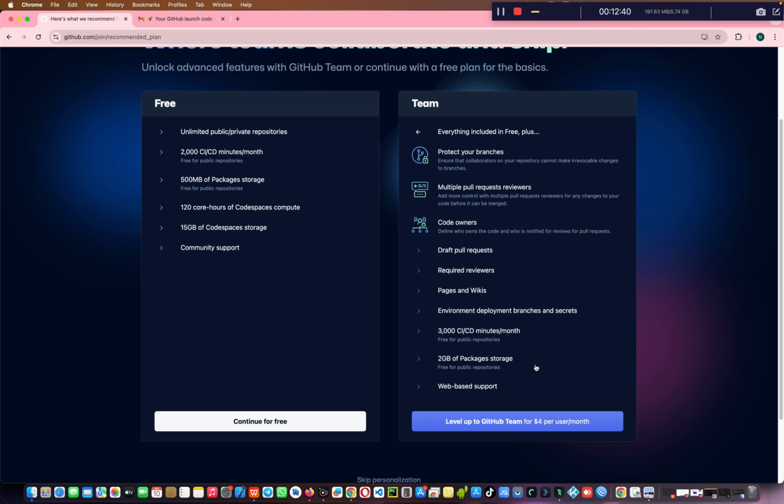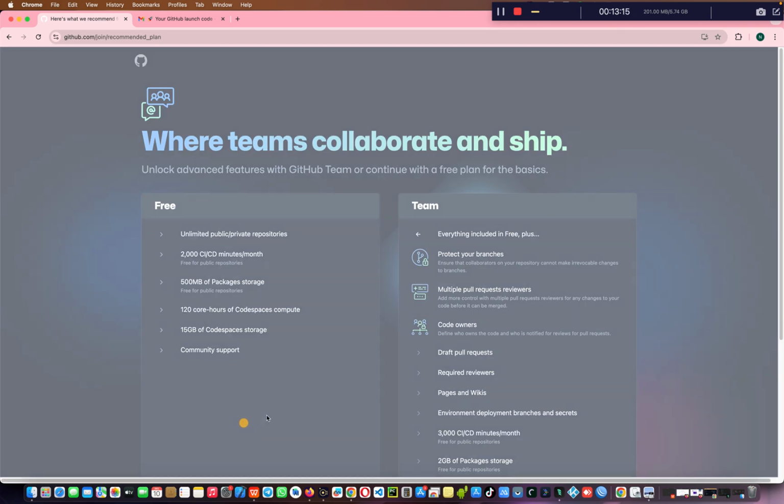You remember the previous section before we came to this page. We clicked just me, but you had other prompts where you're given, let's say 2 to 5 or 5 to 10 or 15 to 20, something like that. Yeah, so if you're 5 members, each member will be charged $4 per month. So according to the value of GitHub to you is what you actually choose to use it for. Yeah, so since we're using a free version, we shall click continue for free,